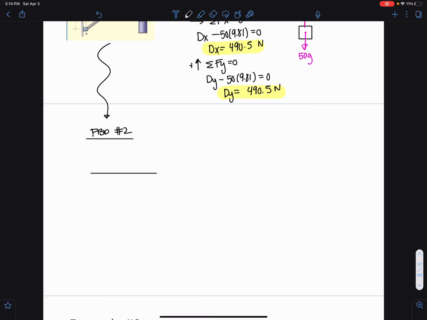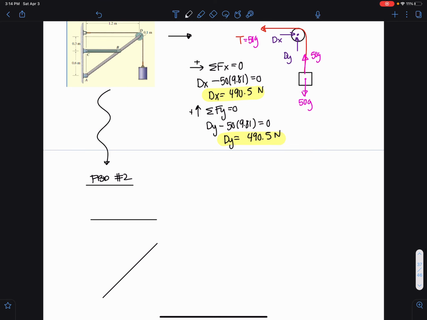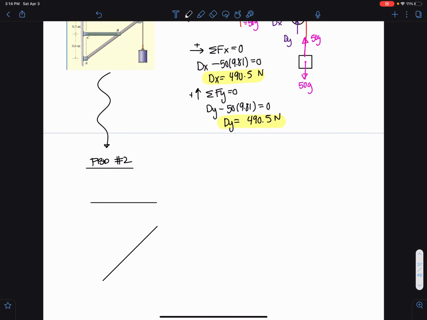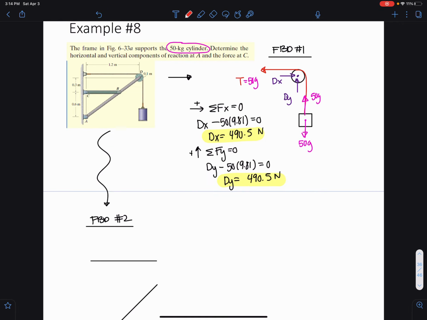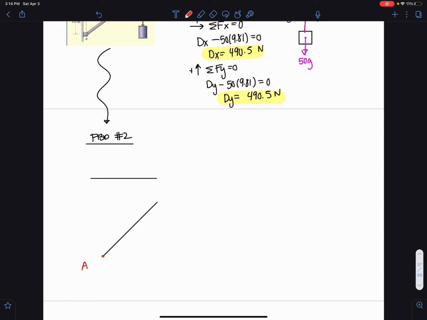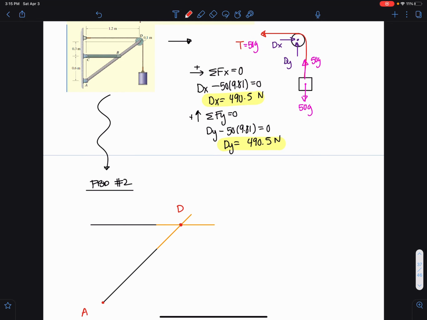Okay, I also have this member here in this direction, right? And this is my point A. Actually, we'll say this is my point D here, where everything connects. Let me see if I can draw this a little better here. I'm breaking it up, but just to show you where they connect, this is point D up there. I'm redrawing this whole system here. And then we have our point B